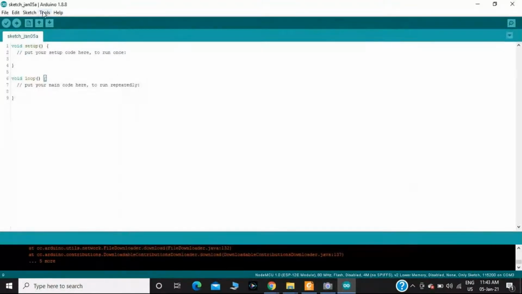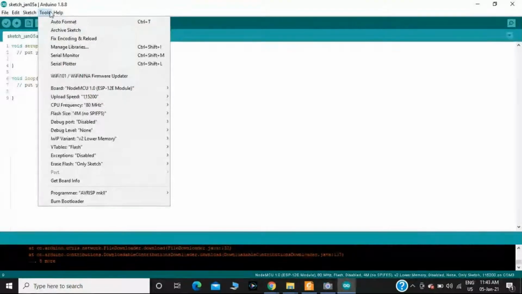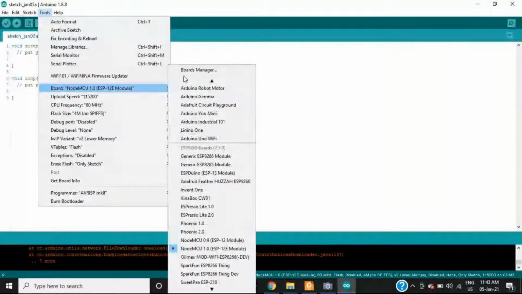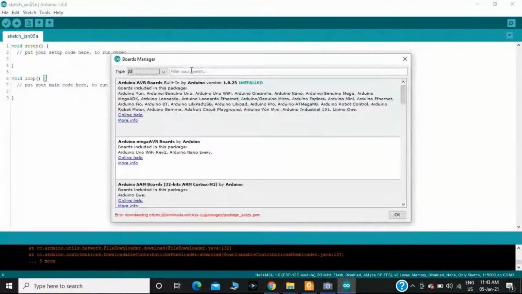Then in the Tools section, you should go to Board, then click on Board Manager.